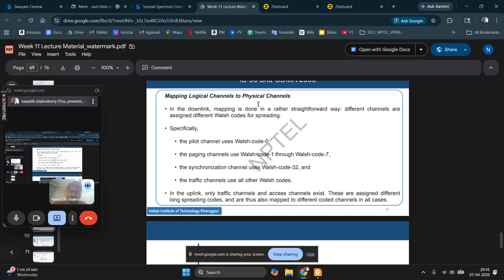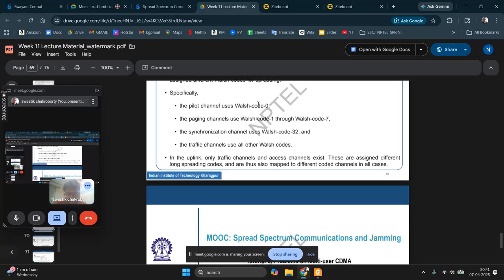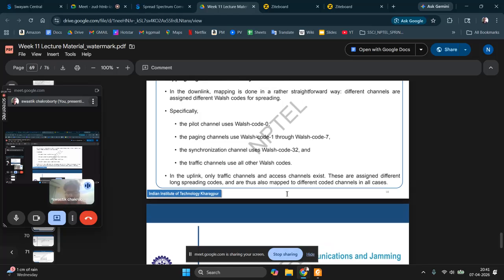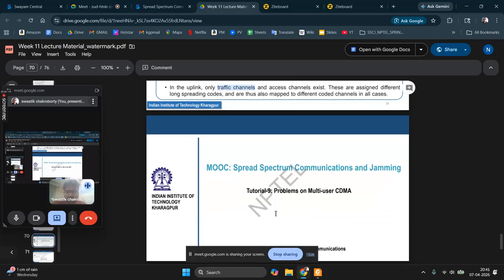Different channels are assigned different Walsh codes for spreading. Specifically, the pilot channel uses Walsh code 0. The paging channels use Walsh code 1 through 7. The synchronization channel uses Walsh code 32, and the traffic channels use all other Walsh codes. In the uplink, only traffic channels and access channels exist. These are assigned different long spreading codes and thus mapped to different coding channels in all cases. So that will be all for